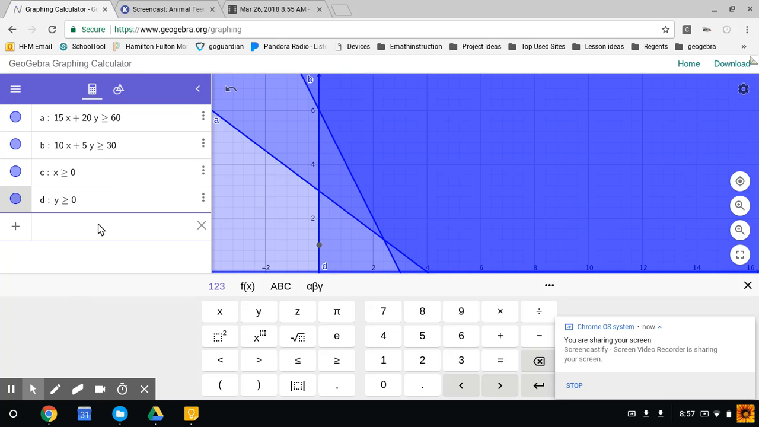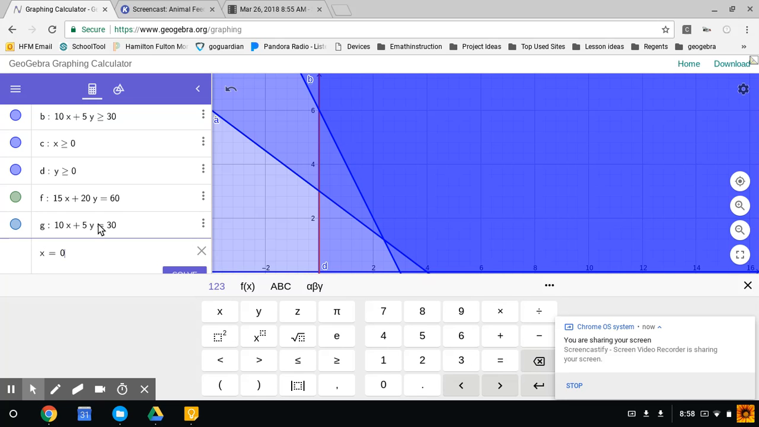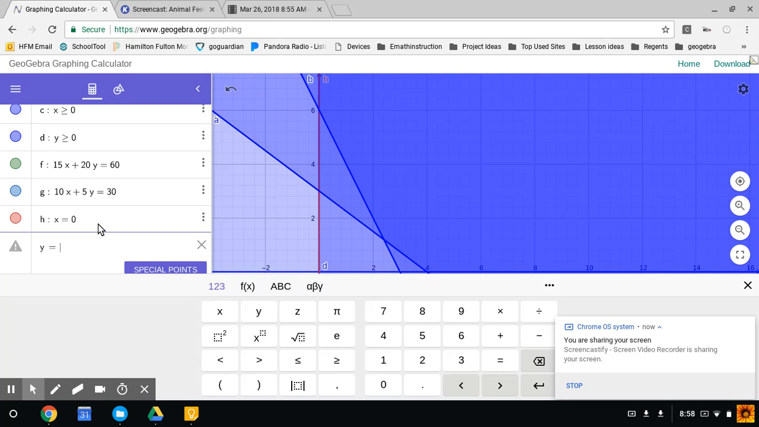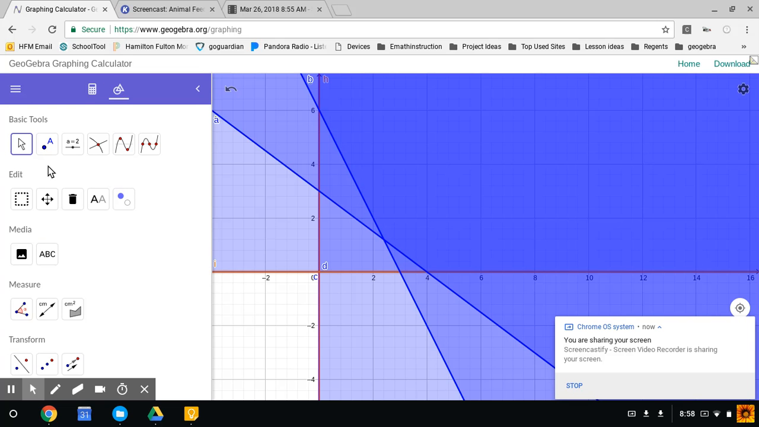To find the intersection, I actually have to retype my equations in with an equal sign. Without the equal sign, GeoGebra will not find the intersection of inequalities. X equals 0 and y equals 0. Now I can find the intersection points of the 3 points that are in my feasible